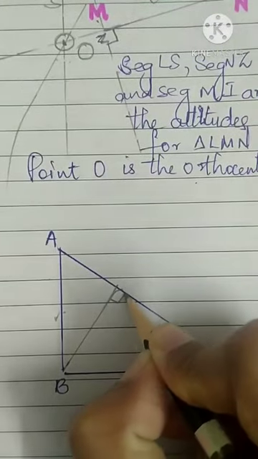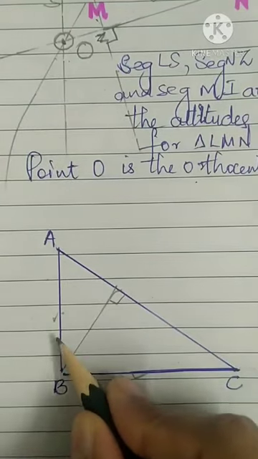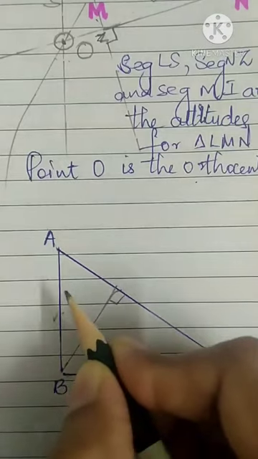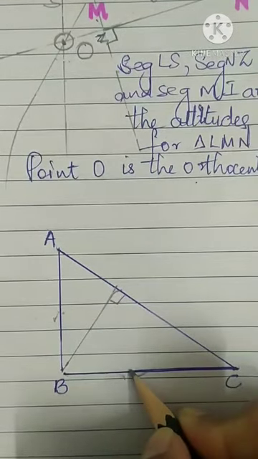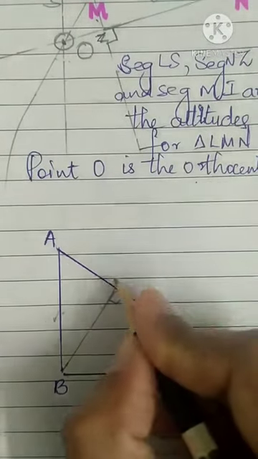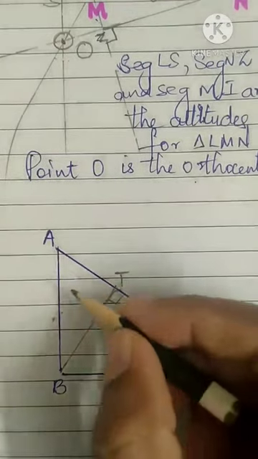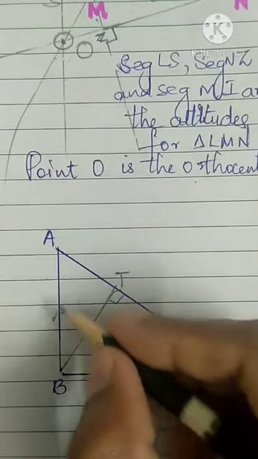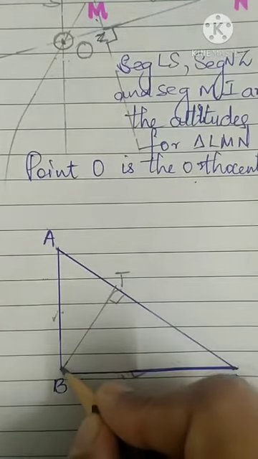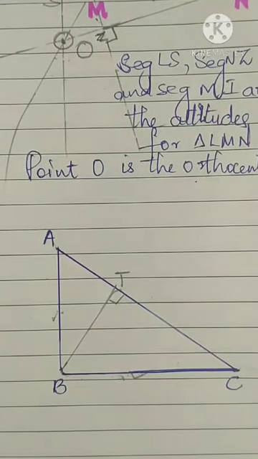So for a right angle triangle, the altitudes of two sides of the triangle are each other. For side BC, the altitude is AB. For side AB, the altitude is BC. And for the hypotenuse, the altitude we will name BT. And where are all the altitudes meeting each other? This altitude and this altitude, they are meeting at the point here. Understood?